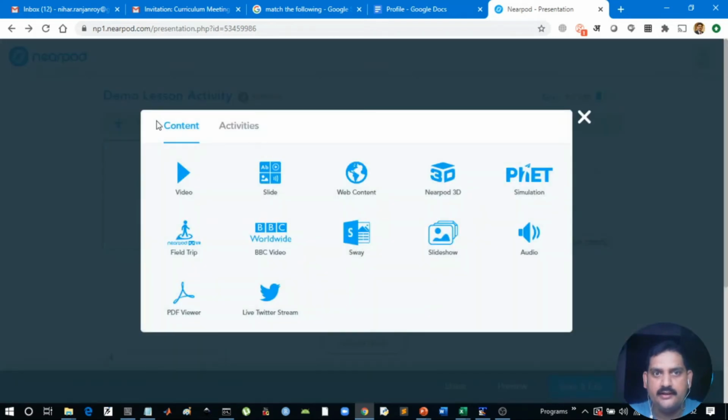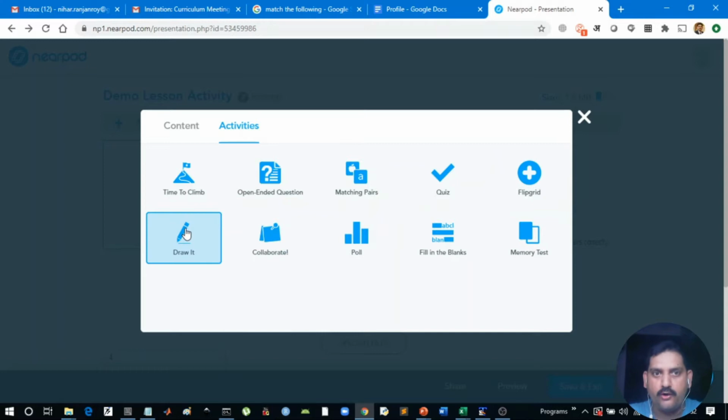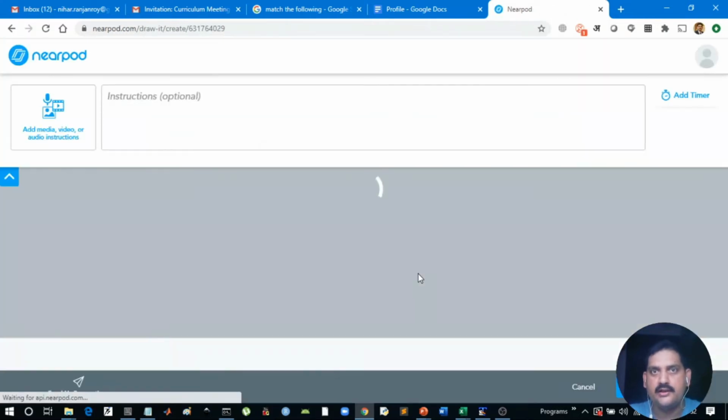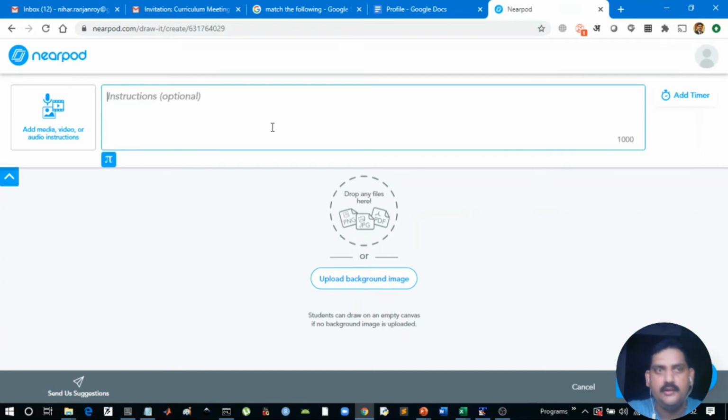So add another slide, and that slide has to be for drawing. Students can draw whatever you want them to draw. For example, please draw your favorite super character, or draw a picture of a noun. For kids it should be fun. Already they are using Christmas kind of language. Draw a picture of a noun.